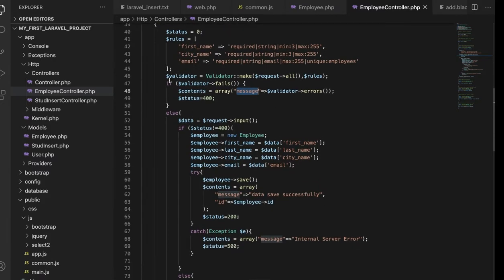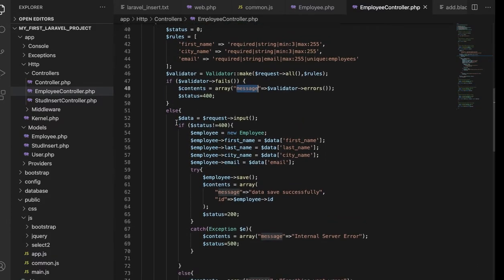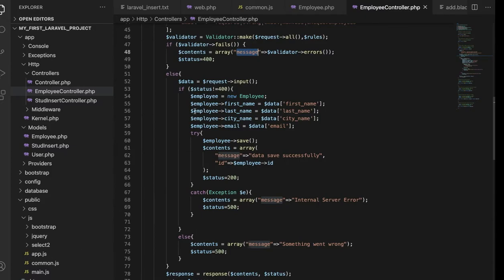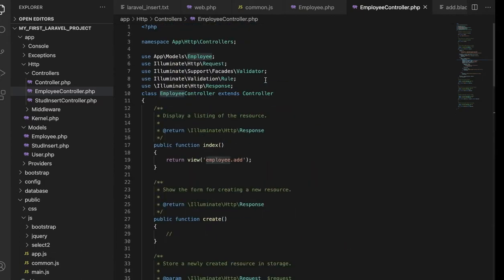If the data is correct, there is no error key, so the flow will come here and we get all the inputs in the data array. If the status is not 400, we take an instance of our model. Here Employee is our model, which I am importing here, you can see.